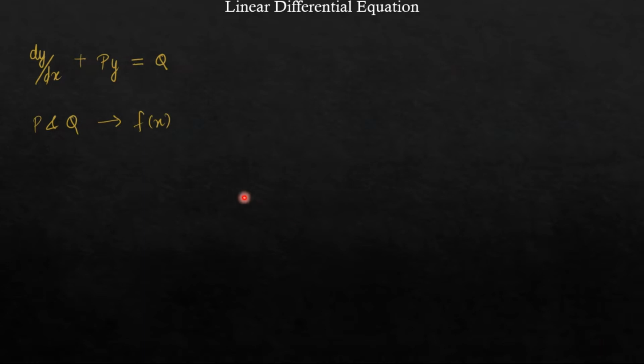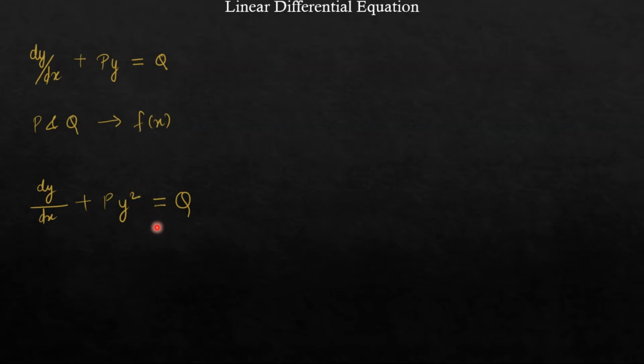Okay. Now this equation is known as a linear equation because derivative is also a linear process. And here also we have y raised to the power 1. Okay, the power of y is 1. If it had y raised to the power 2, then it will not be a linear differential equation. Is it fine? So if I give you an equation like this, dy by dx plus p y square is equals to q, then it is not a linear differential equation because y is containing a higher power. Okay, that is 2 here.